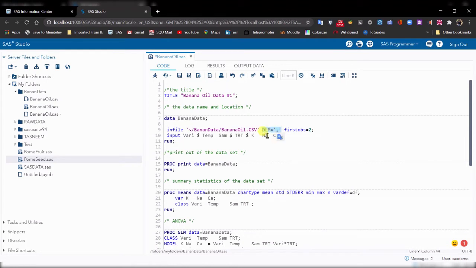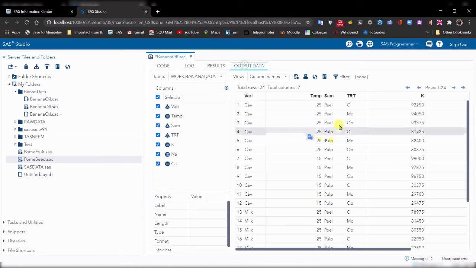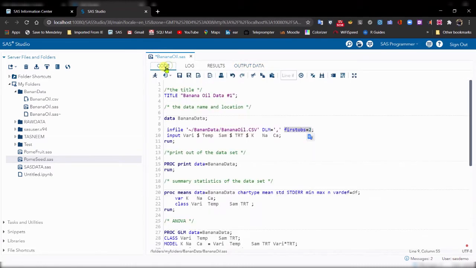Separating the data with a comma, and I asked SAS to start reading the data from the second row, because the first row is actually, you can see here, the title of my data, which I need. So it starts reading from the second row in the Excel sheet or in the dataset that I already submitted,